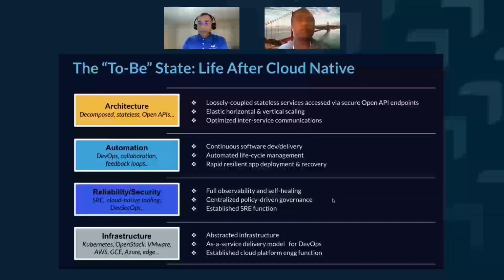So just to summarize, as much as you want to start from the architecture, you need automation, you need service reliability engineering, you need DevOps engineering, you need cloud engineering and cloud platform. And I might even have one or two competencies in the team for security, to ensure that that's also addressed. Now, that all being said, Ravi, there are certain things that you probably don't want to do